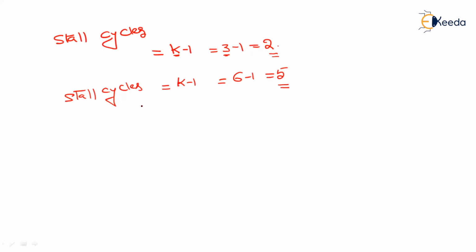If you want to find out the stall cycles in a rather easy manner, I'll give you one more important rule, which is simpler than this. You just have a formula: actual entry minus supposed entry.